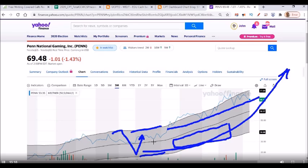Well, when I'm looking at Penn, notice this thing is literally trading outside. And when it's trading outside its trading range, you know it's overbought, right? The RSI is going to be much higher. Looking at the Keltner channel, and that stock bouncing off of that support line right there, when Penn found itself hitting that support line again, I decided this little sell-off, which potentially could be because of DraftKings, is